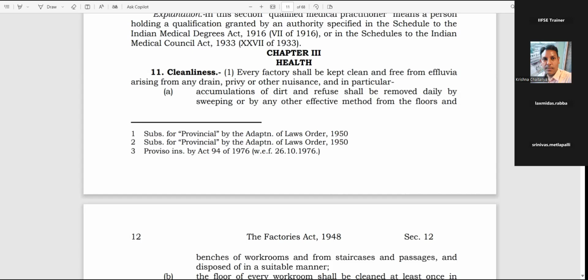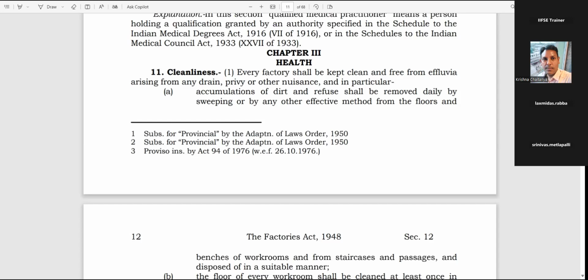Regarding the exam point of view, sir? In the exam, they just ask you only the high level, Chaitanya. As I mentioned, they will ask what are the objectives of the Factories Act, what are the various provisions in the Factories Act, so that you can write about all these provisions. We have cleanliness, it monitors the license and approvals of the factory. It talks about various tests and examinations of the equipment and processes. It talks about various health provisions like cleanliness, dust and fumes. It talks about various controls in the factory, safety related aspects, provision of firefighting equipment, handling of chemicals and all. You can write.